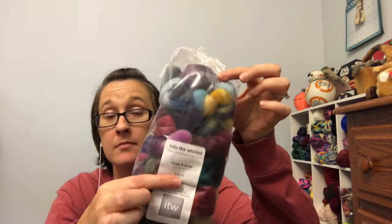I had a traumatic experience this week. Is it in here? Yes. Okay, so I'm working on my Into the World odds and ends. Basically, they are little, small bits. It's 4 ounces total, so they're like half ounce, quarter ounce maybe. And to be honest, it's funny because this one I pulled out